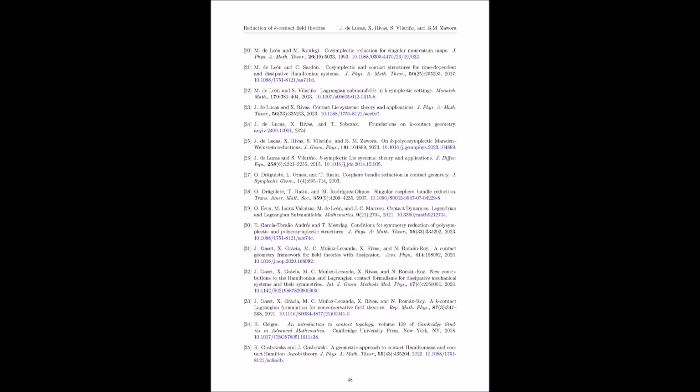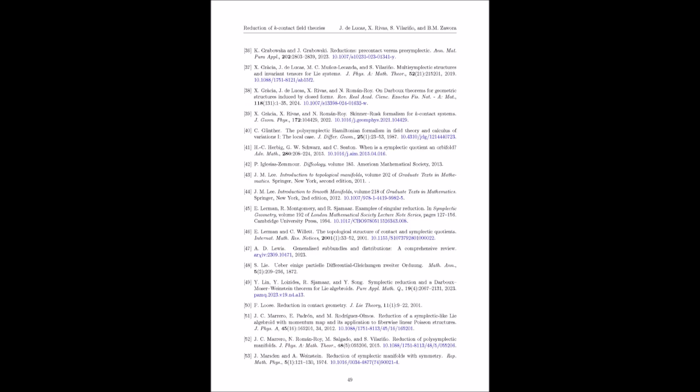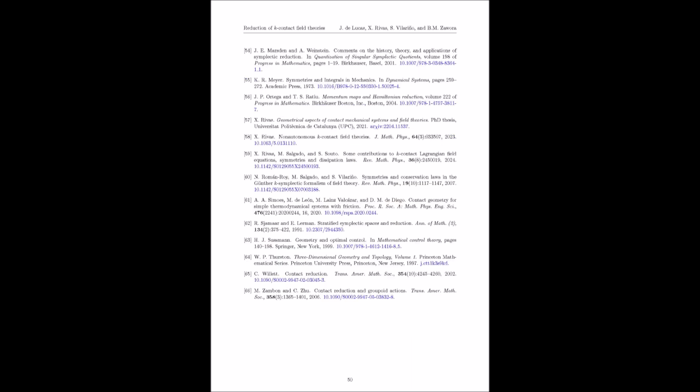This comparative analysis seems incredibly important. It really positions their K-contact MMW theorem not just as a generalization, but as providing a potentially more robust foundation, even for the standard K1 contact case. Absolutely. So to wrap it all up, the paper successfully extends MMW reduction to